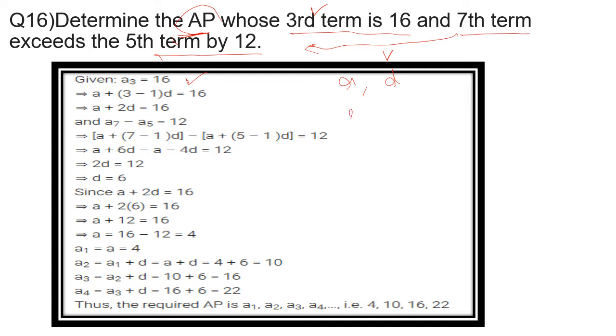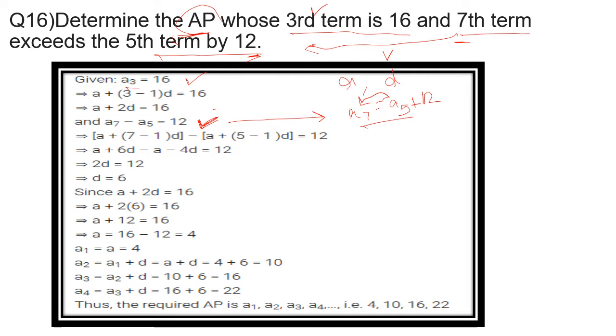So I can say that A7 is equal to A5, whatever the fifth term will be, plus 12, that is, 12 more than the fifth term. This is your second equation, the second given information. This is the same as this. What has been done here? This A5 has been shifted to this side. So A7 minus A5 will be equal to 12, because the seventh term is greater than the fifth term, so the difference between both these terms is 12. Either you can show it like this, or like this also. This is also correct.